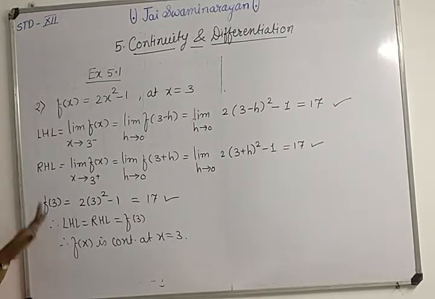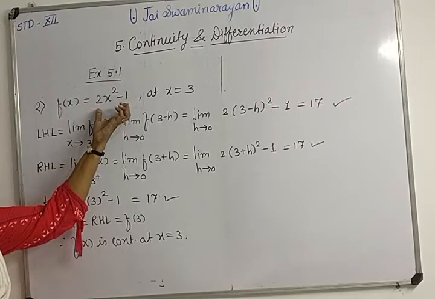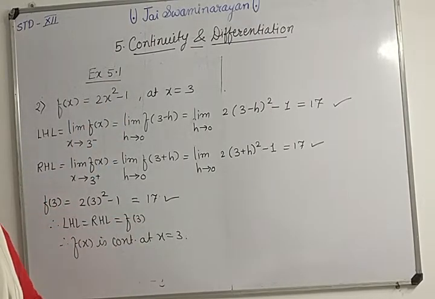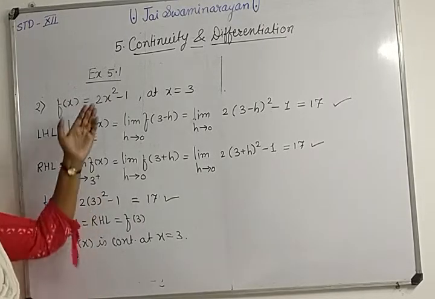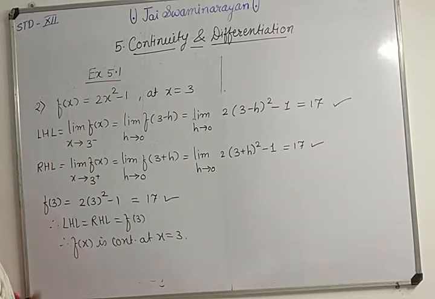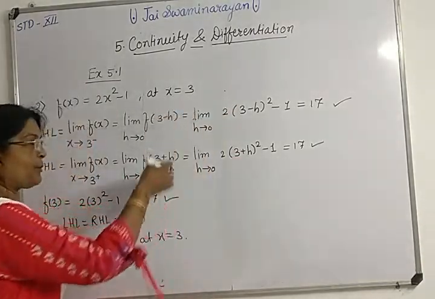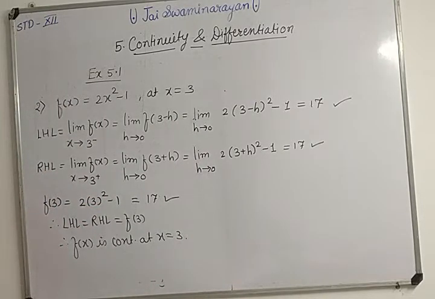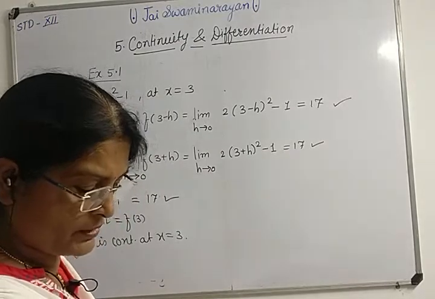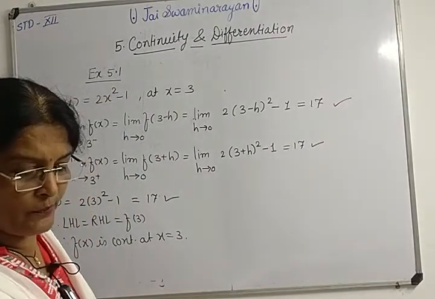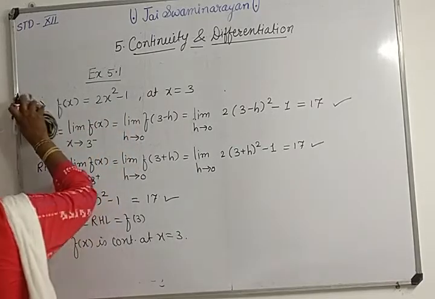It is already a continuous function because it is a quadratic polynomial and every polynomial function is always a continuous function in its domain at all real numbers. So already it is a continuous function, but we have to examine, means we have to prove, and that's why we have solved like this. So this is the proper way of solving the question. Now question number 3. Examine the following functions for continuity.